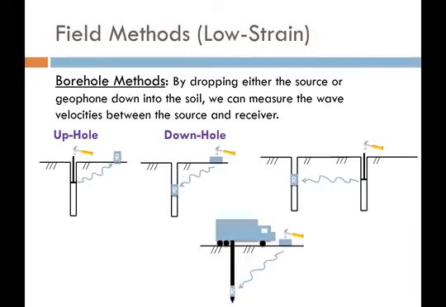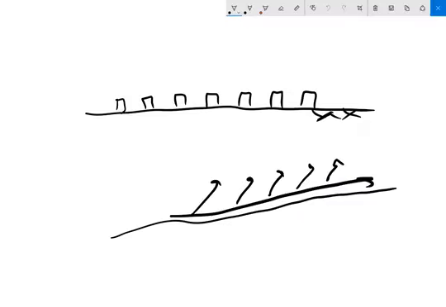There's instances where it's advantageous to drill two boreholes and put a receiver in one, the seismic source in the other, and what we're doing is we're measuring the direct propagation velocity between these two boreholes, and we call this a crosshole test. Crosshole test has lots of useful applications, not just in soil, but we've seen instances where if I'm putting down like a drilled shaft,